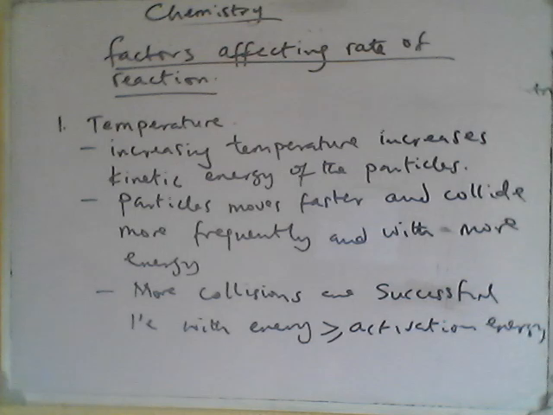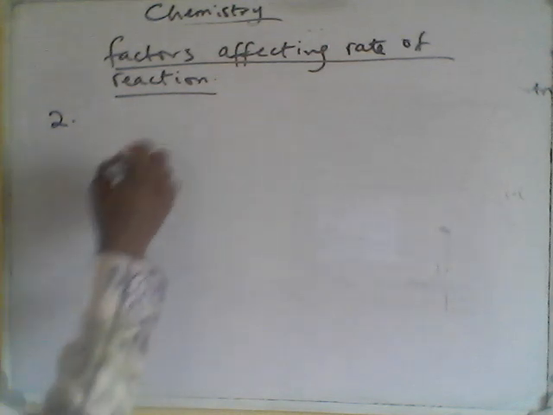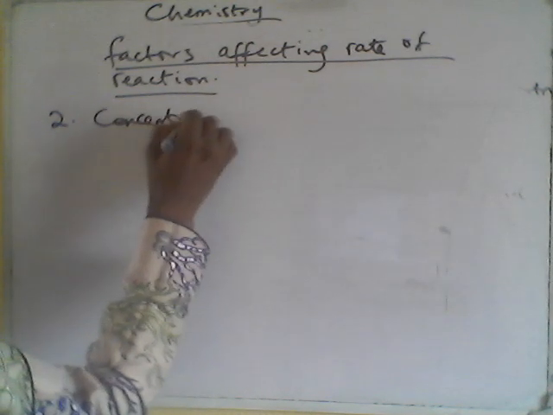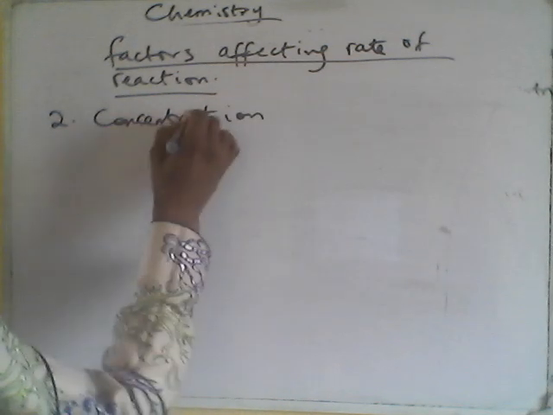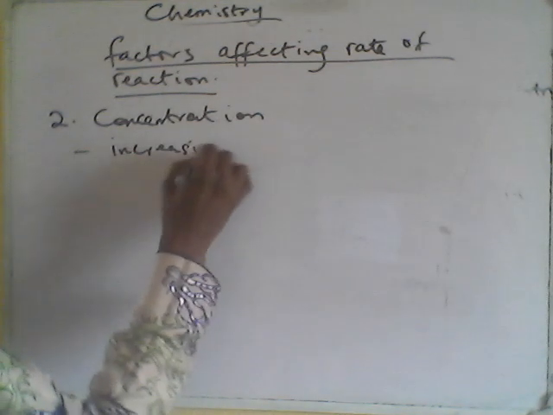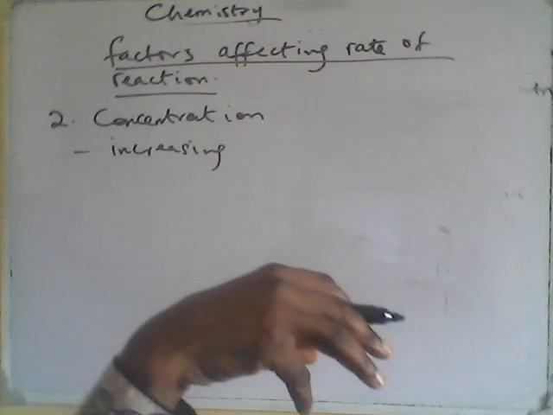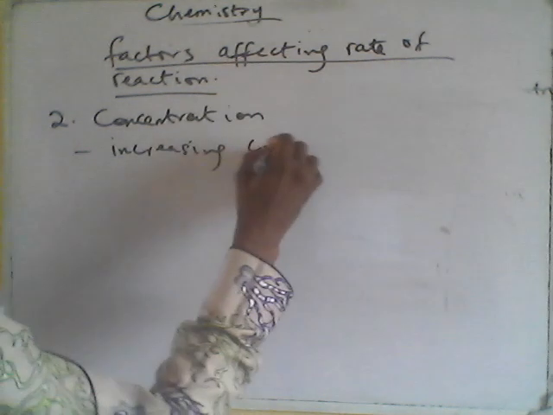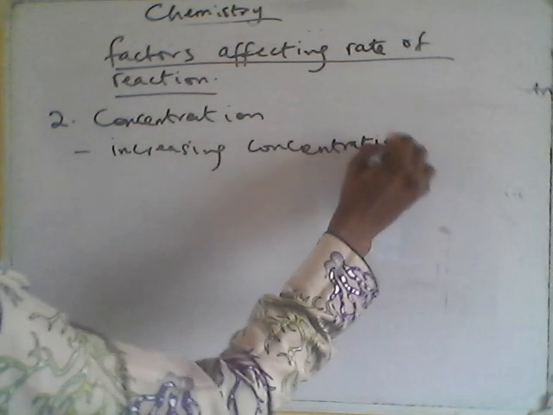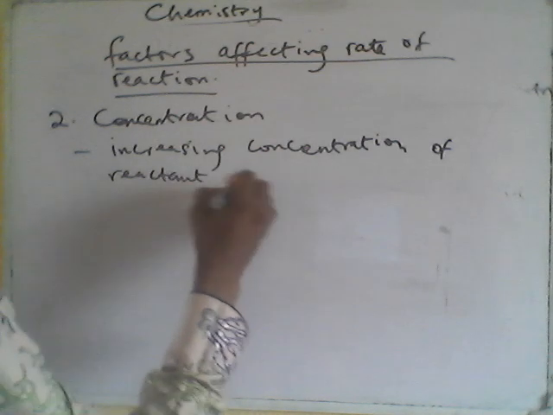So that's the X factor, temperature. We'll go to the next one, which is concentration. The next factor that can affect the rate of chemical reaction is concentration. Concentration is just the amount of solute per solution, measured in moles per dm cube. So if concentration is increasing, what happens? That means you have more particles in that reaction environment, and it will lead to increased reaction. So increasing the concentration of reactants, the substances or compounds that are reacting, increases